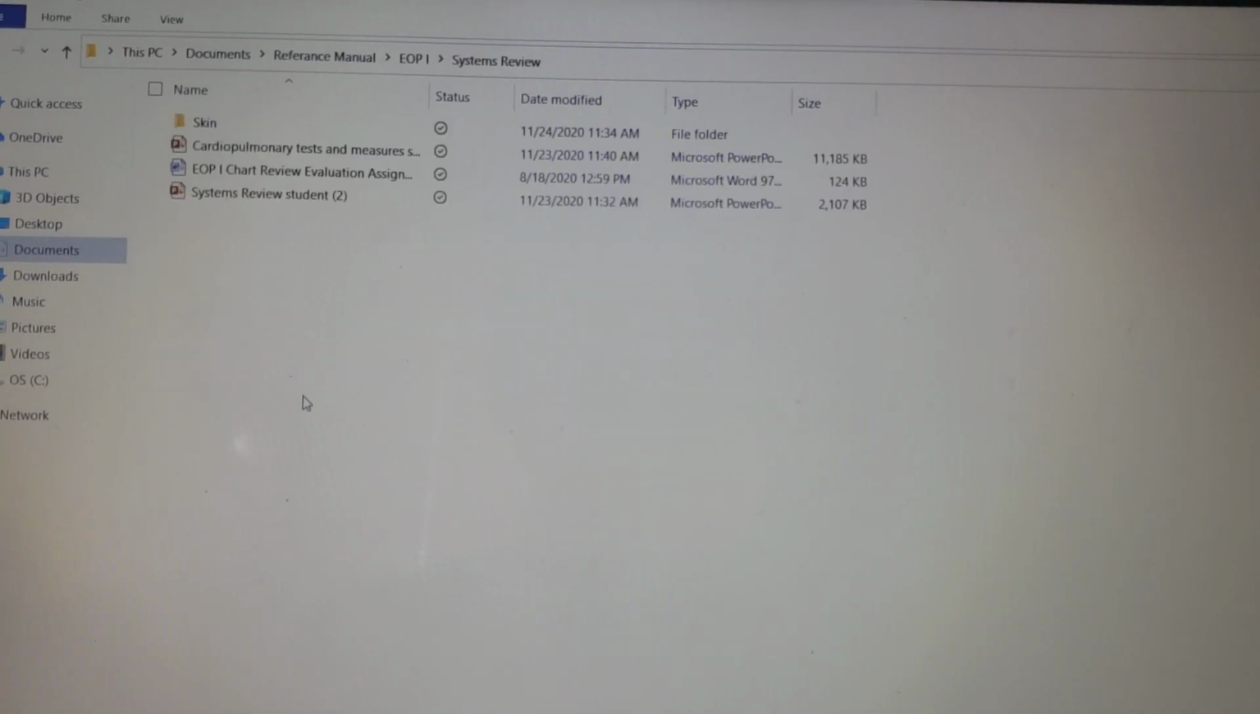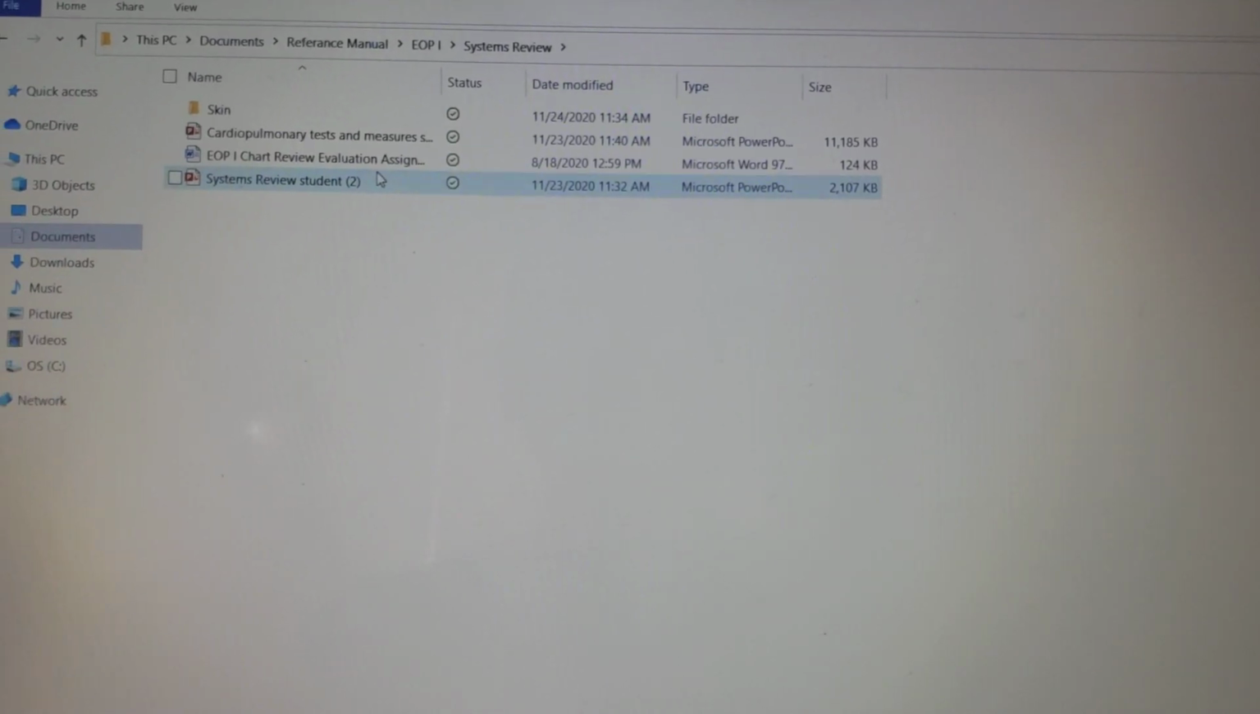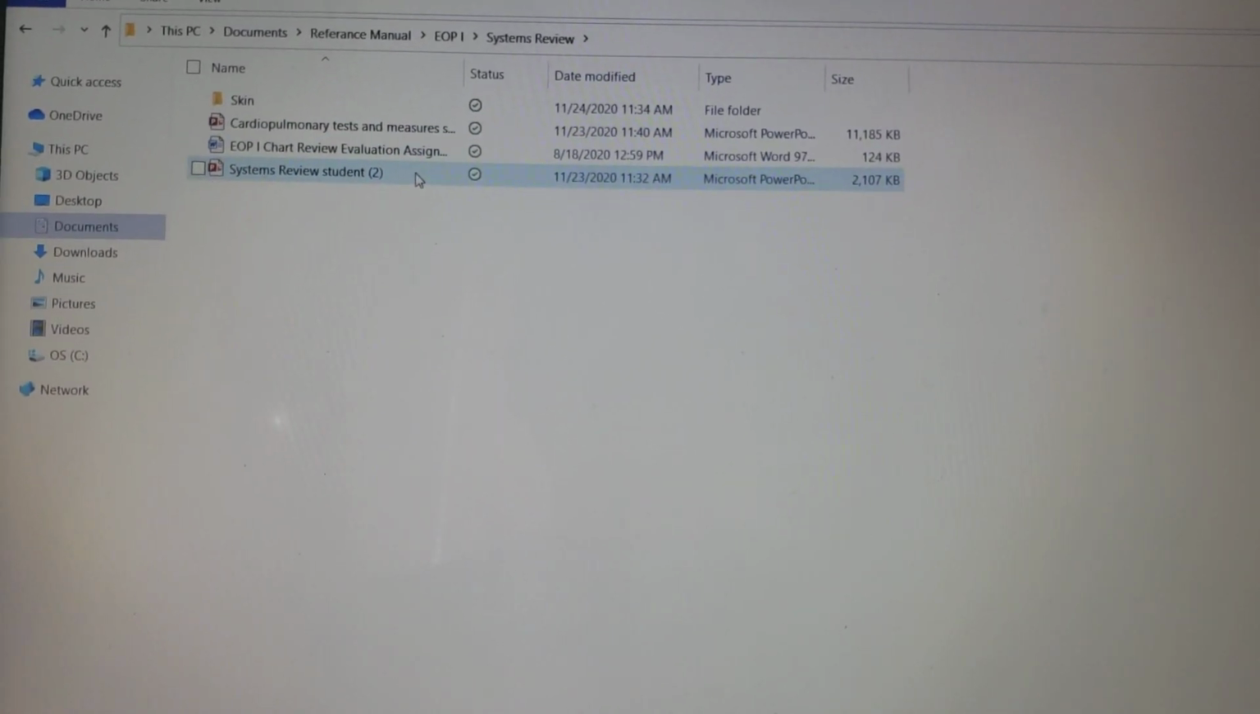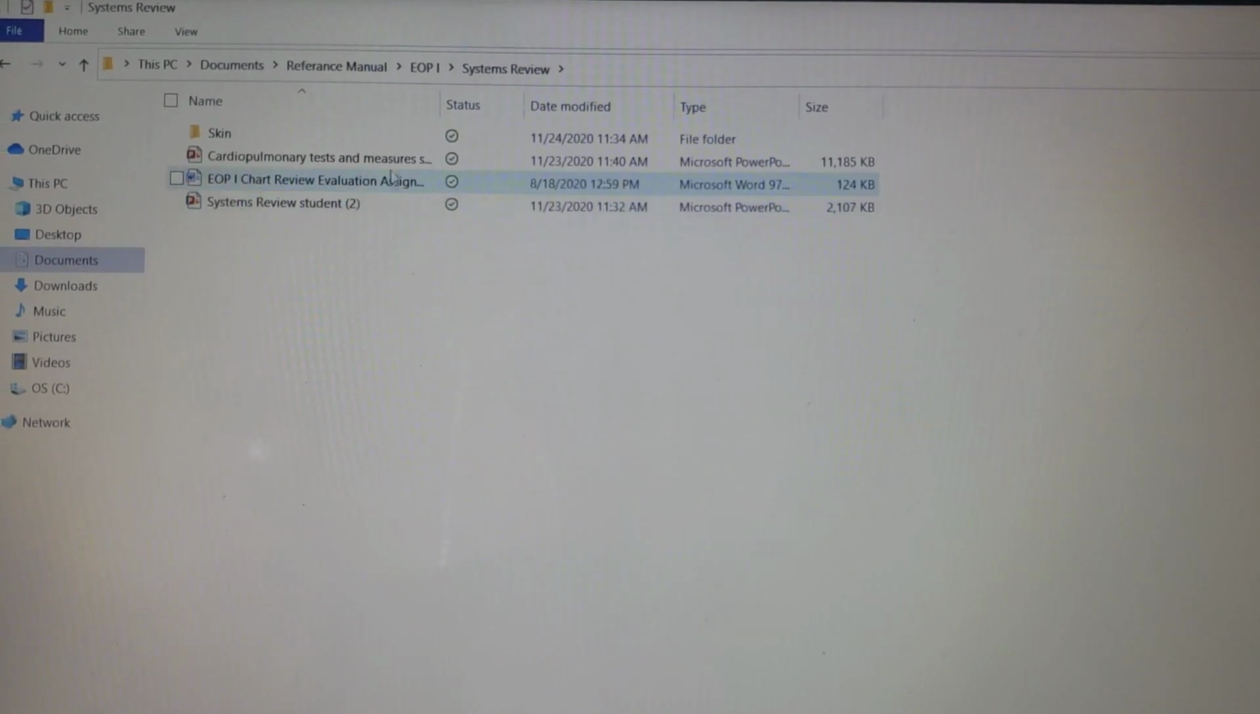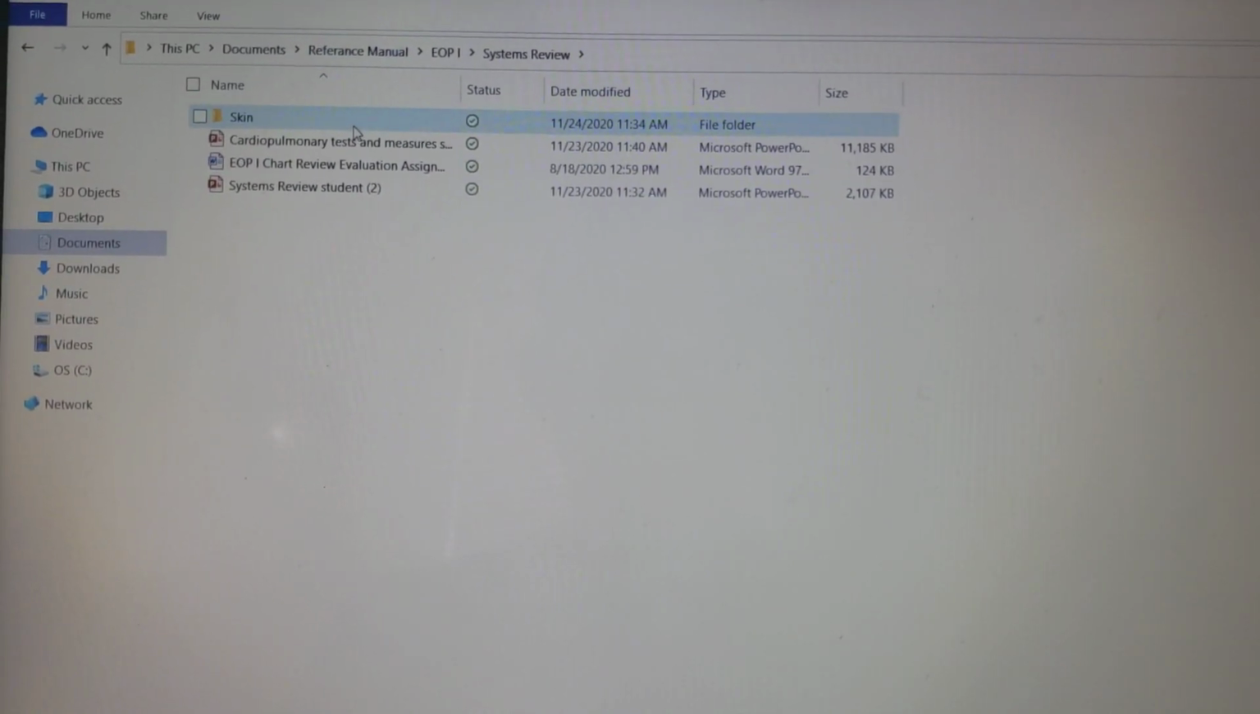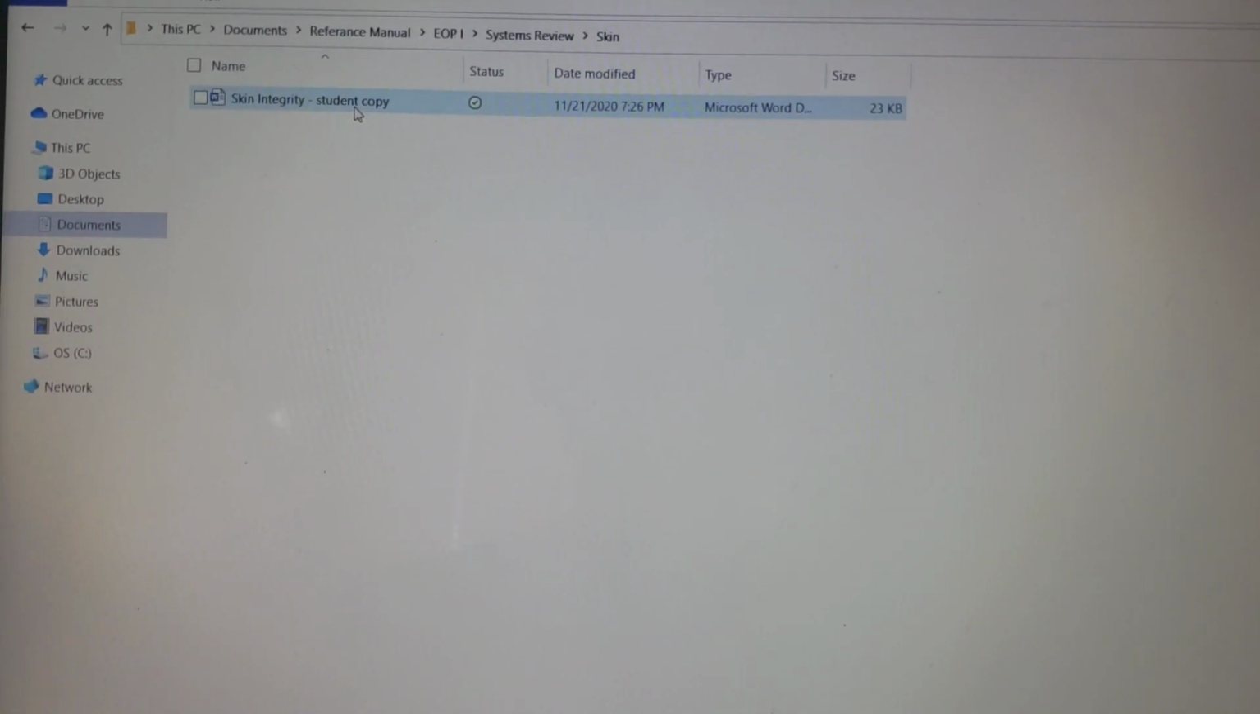And then I have a systems review file, which has cardiopulmonary test and measure, EOP, chart review, as well as systems review student PowerPoint. And then within this, I have one for skin, which has our skin integrity